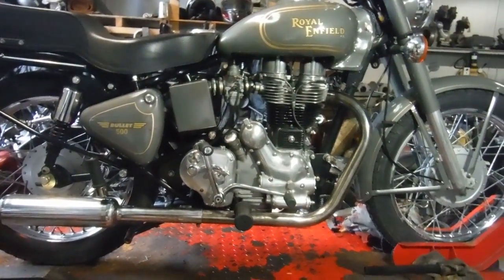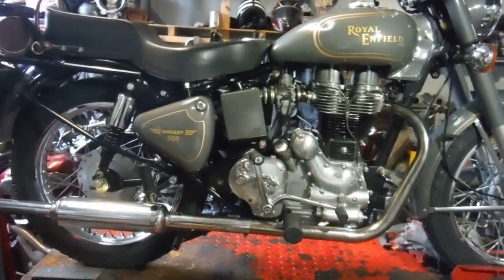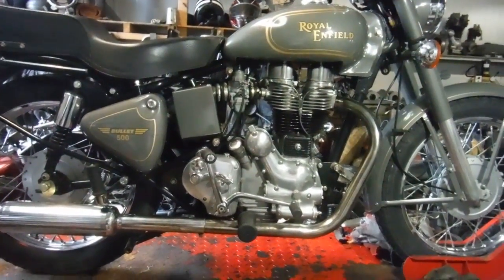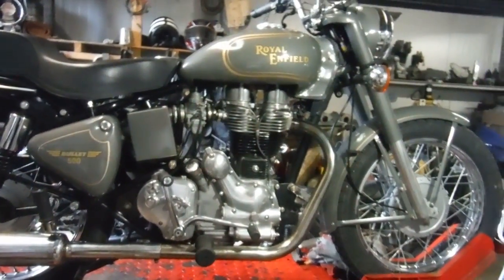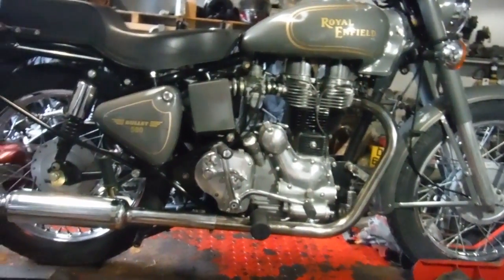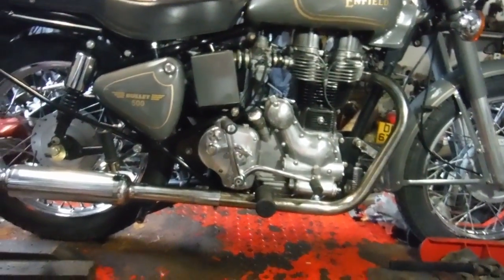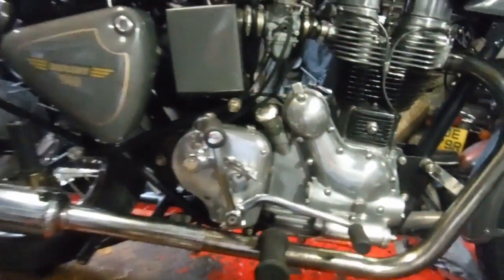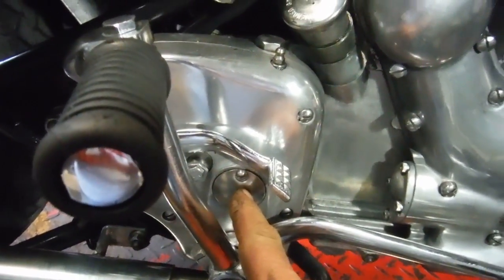Well, here we are back with this Royal Enfield 500 Bullet, and this is the one that I rode yesterday, which had supposedly had trouble with first gear, although it seemed to have been down to clutch cable adjustment more than anything else. I certainly had no trouble with first gear when I rode it and got all the other gears fine, but since riding it I made a slight adjustment in here